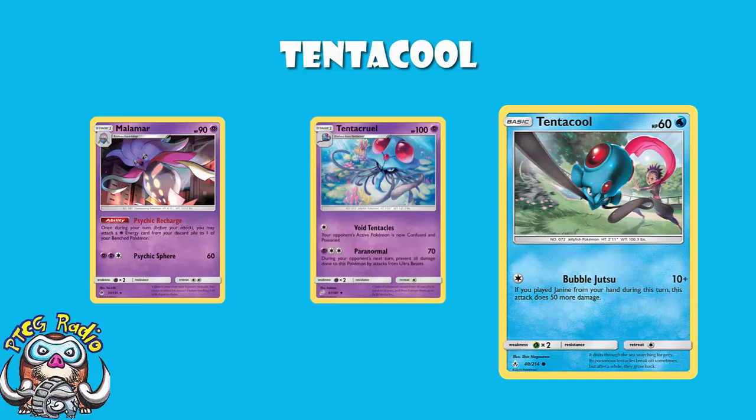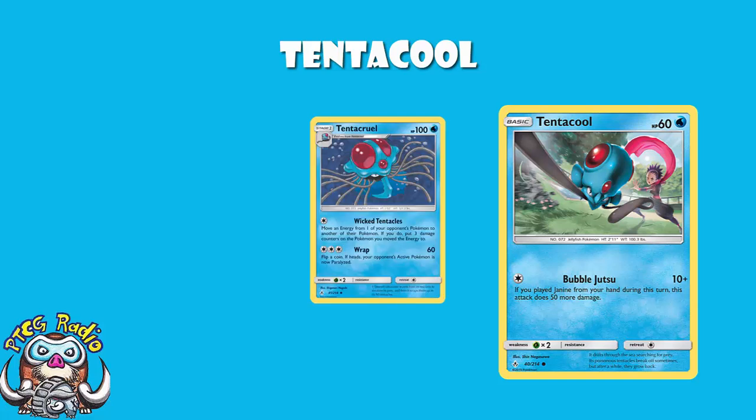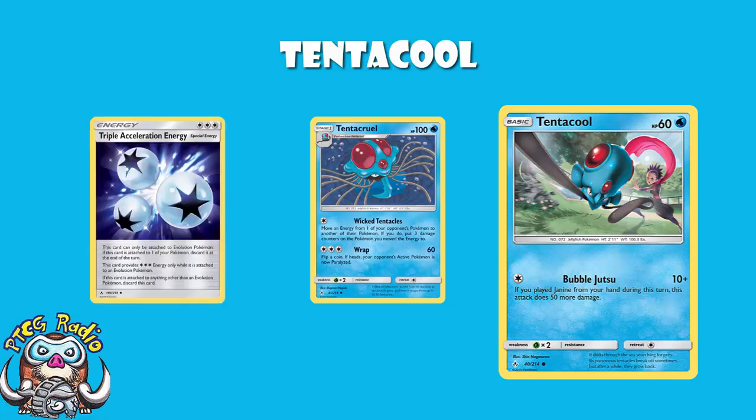And then we've got the one that just came out in Unbroken Bonds, which moves energy around, places damage counters, 60 and paralysis on a coin flip. Don't forget Triple Acceleration Energy. They're all fine. They're all useful. I think Tentacool is